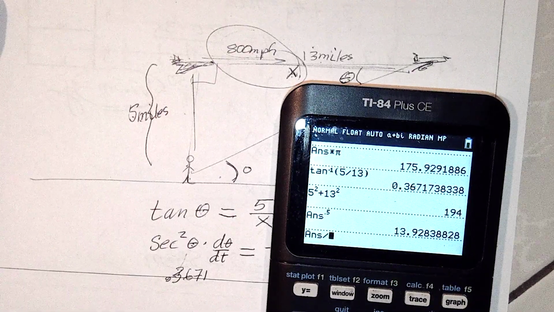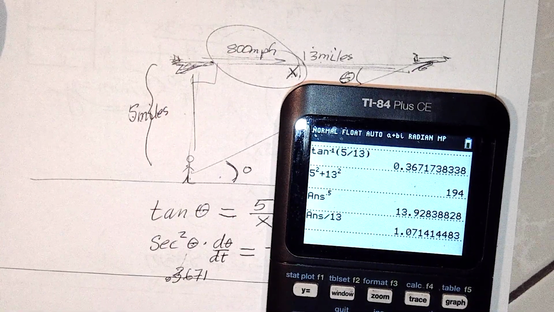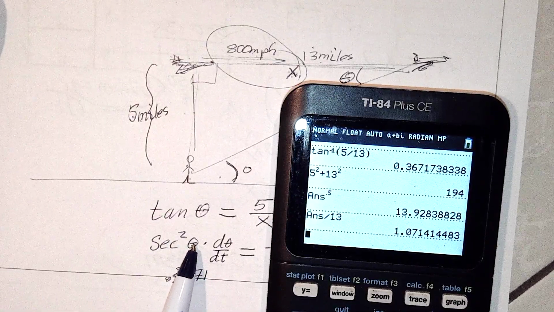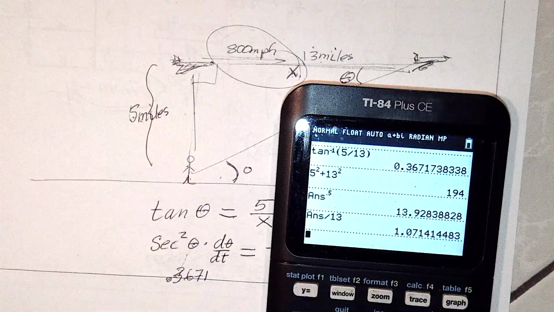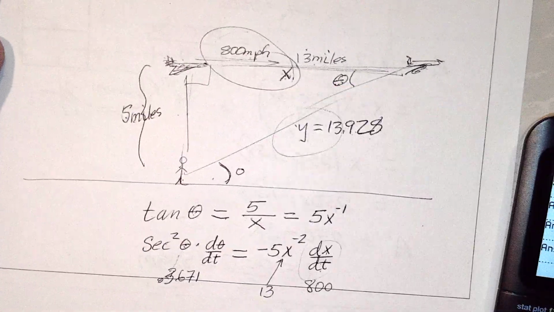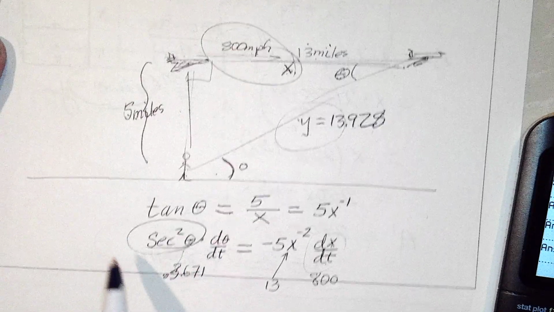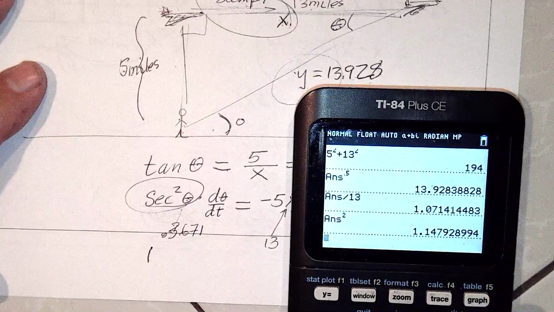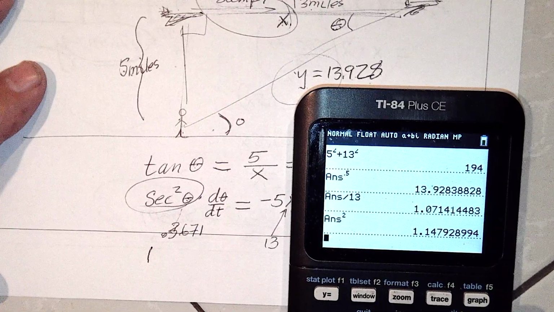This divided by 13 is the secant of the angle, and I got to square it. And so this number is 1.148